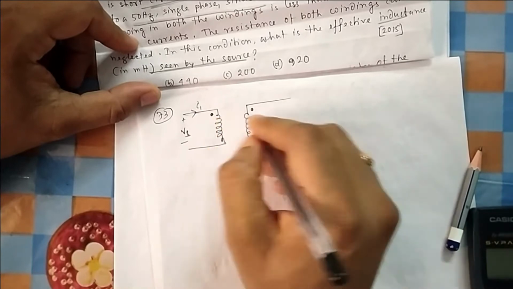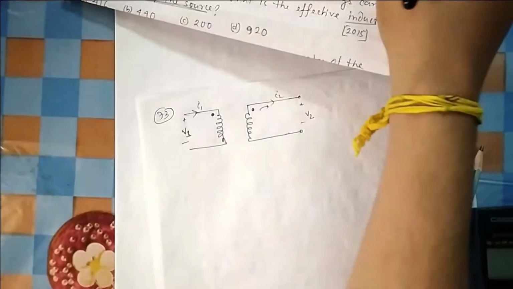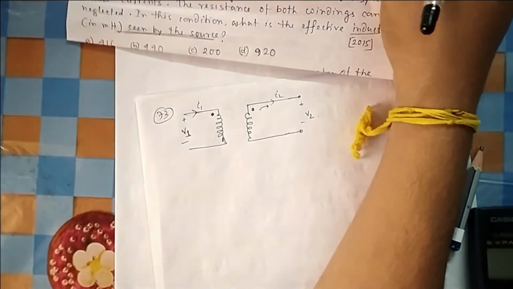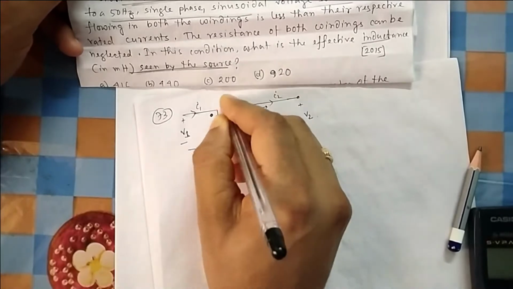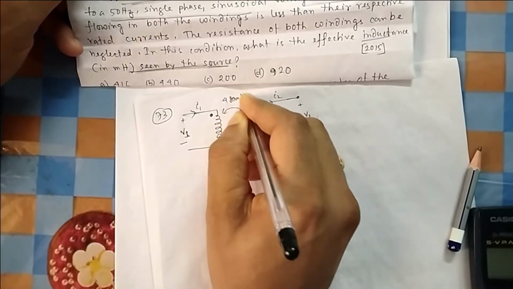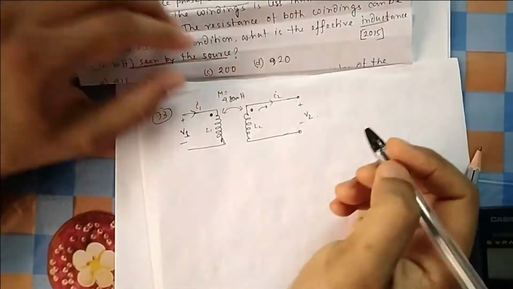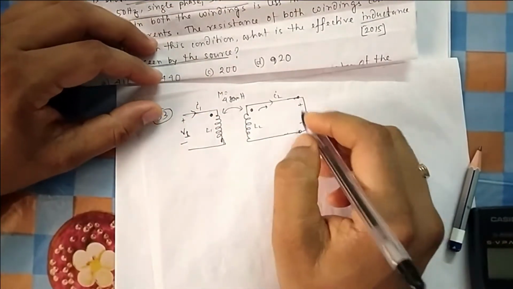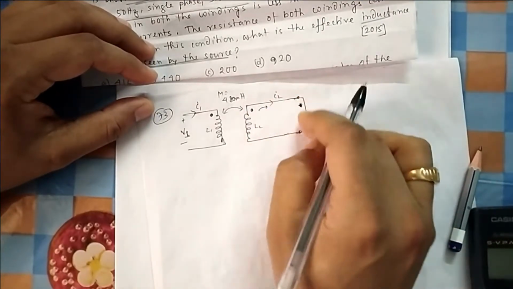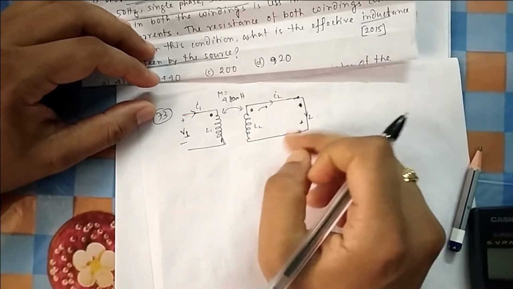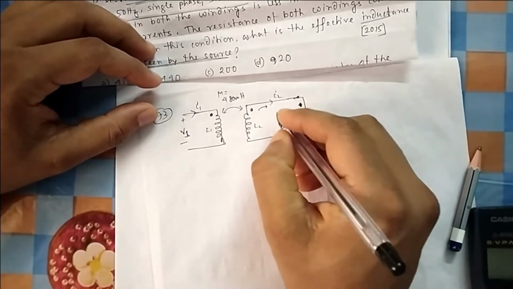So if it is entering through this dot, it should come out of this dot, so this is my I2. Now this is my V2 here, and the mutual inductance is given as 480 millihenry. There is L1, there is L2, and this is your M. Because this is short circuited, there will be no polarity, it is a short circuited path, so you take KVL in both loops, here also, here also. That KVL will solve your purpose.